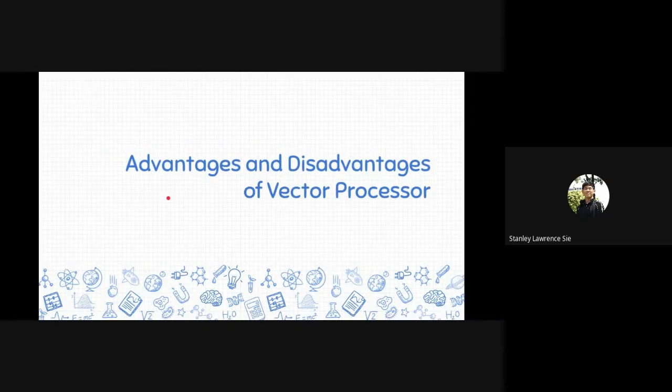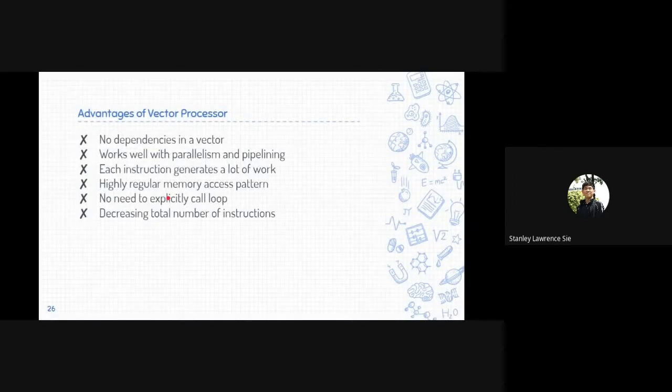Like other processors, the vector processor has its own advantages and disadvantages. Some advantages of the vector processor are that there are no dependencies in a vector. A vector processor works very well with parallelism and pipelining, where you can even have a deep pipeline without any dependencies at all. And in a vector processor, each instruction generates a lot of work in which you don't need to fetch